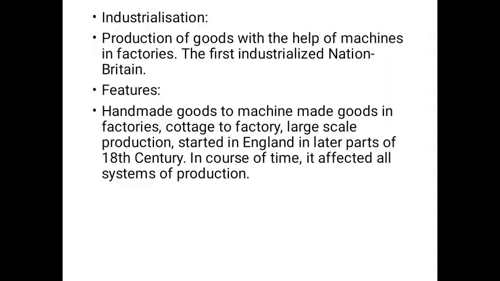Then from the factories, large scale production became possible. Industrialization or the industrial revolution started in England in the later part of the 18th century. In course of time, it affected all the systems of production. So with these key points, we can state there was a rapid process of increasing production, particularly with the help of